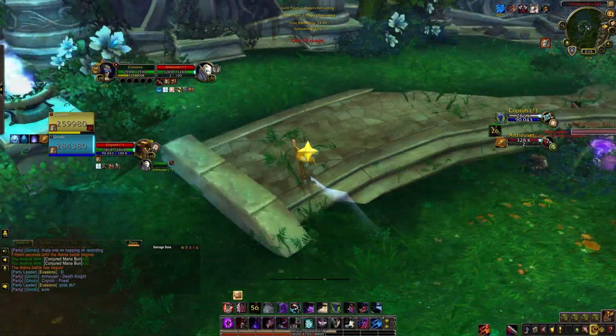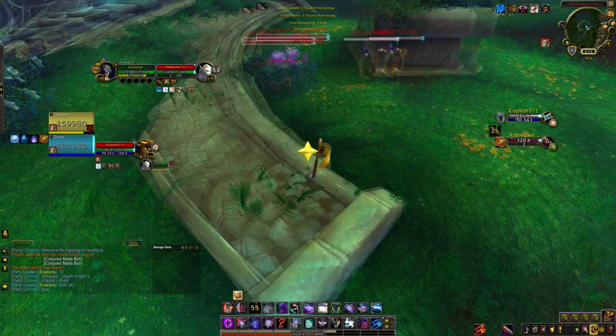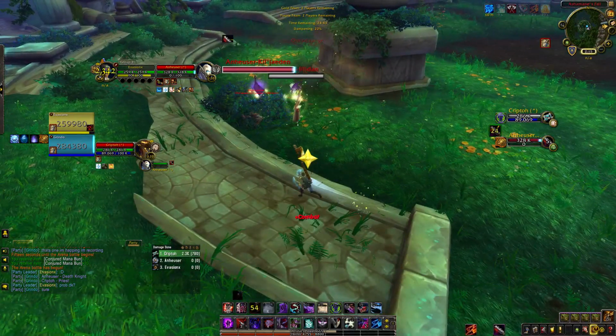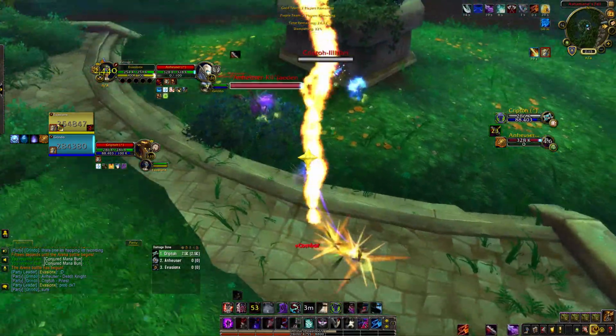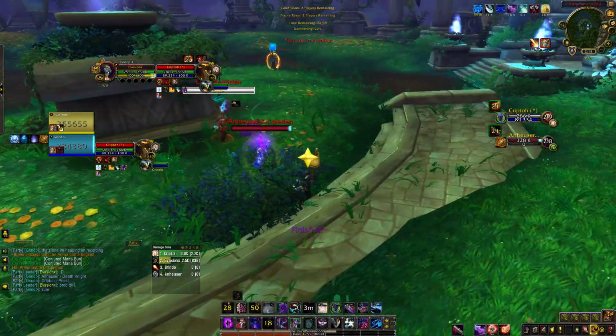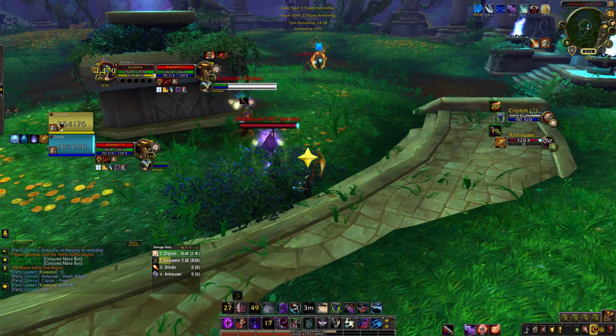So we're gonna go in here, try and get the DK sapped in LOS of the mage. I get found out by the Holy Nova, which kind of sucks. So I go for the kidney right away, and instantly I kind of screw up here, and I'm not able to get the cheap shot onto the pet. So my mage goes for the poly right away off kidney instead,